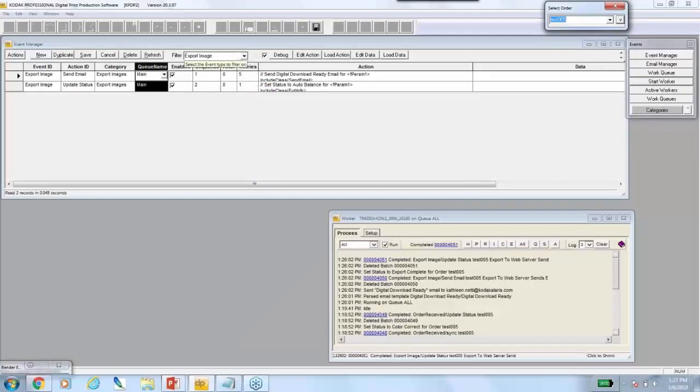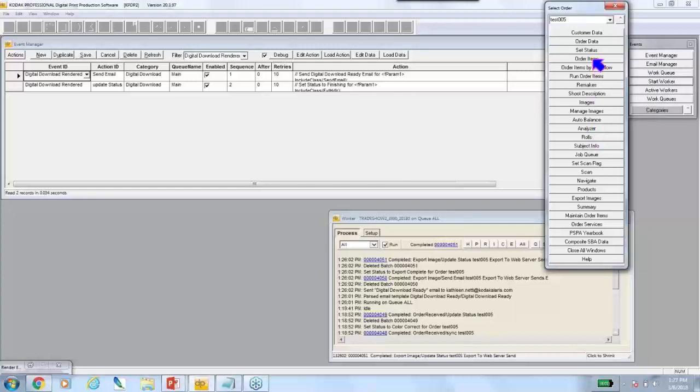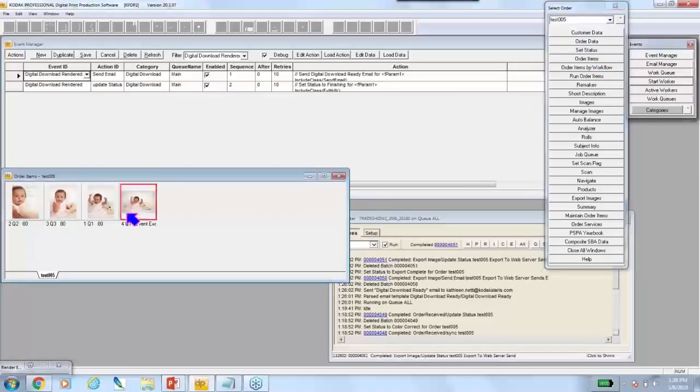So I'll just do one more here. I think that's really cool. That's for you guys to see, and then I'll start setting it up. Let's say a digital download. Maybe it's a file that gets rendered that makes good things happen. So to make this happen, I'll go to the order items. I have this